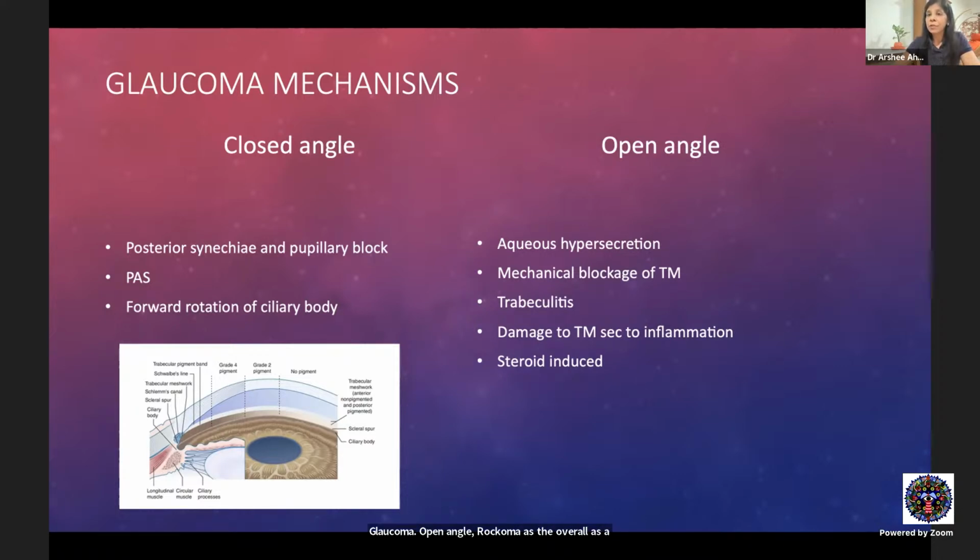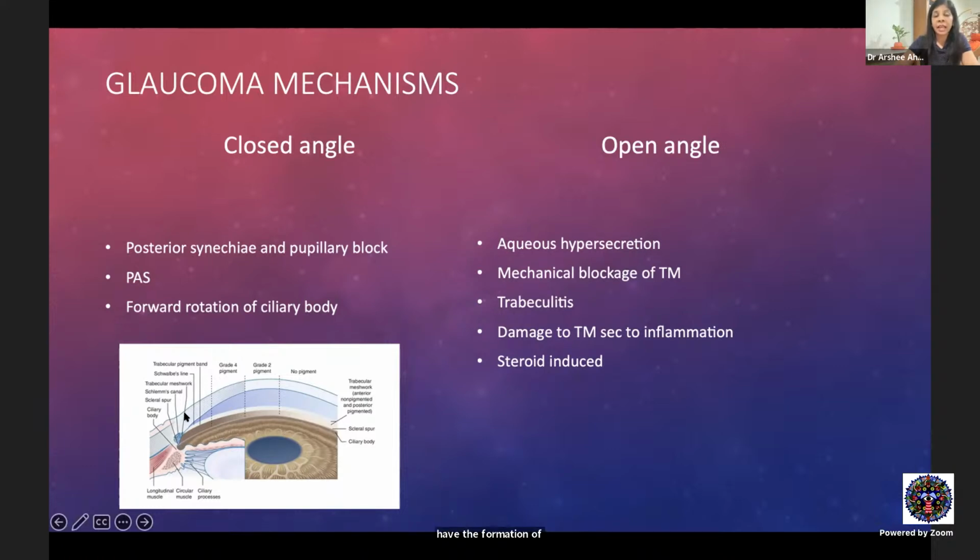So why will you get open angle glaucoma? There could be hypersecretion of aqueous, blockage of the trabecular meshwork spaces. There could be inflammation of the trabecular meshwork itself, that is trabeculitis, or there is damage to the meshwork, and even steroid-induced glaucomas. Closed angle, as we already covered, occurs whenever you have the formation of posterior synechiae, pupillary block,